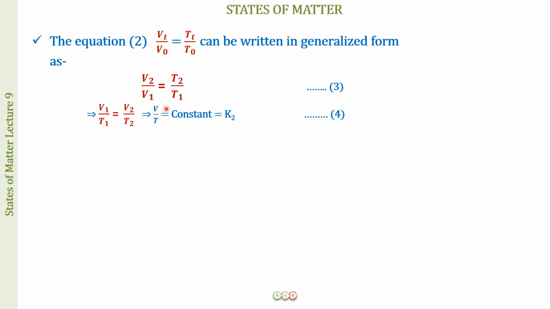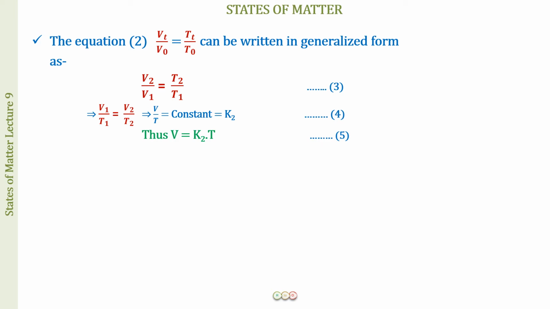or I can say that V by T is going to be constant, and this constant we are writing as K2. So you remember for Boyle's law we wrote the proportionality constant as K1 so that we can differentiate between the different proportionality constants for the different laws. So V by T, now we are saying this is constant, and the value of K2